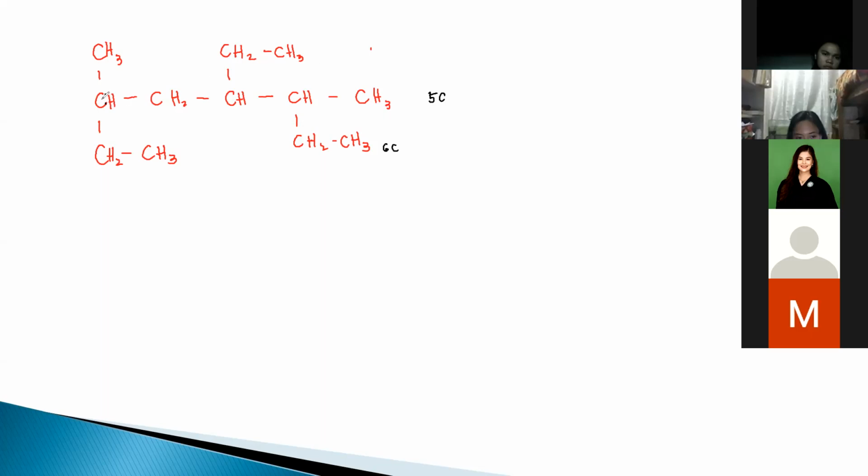Paano kung pupunta ako sa taas? 1, 2, 3, 4, 5. This is 5 carbons. Pero, ganito. Let me change my pen. If I start here, 1, kasi this is still a chain, right? Hindi ka pa rin naman mapuputol dito. 1, 2, 3, 4, 5, 6, 7. This is 7 here. But if I go straight, 1, 2, 3, 4, 5, 6, 7, this is still 7